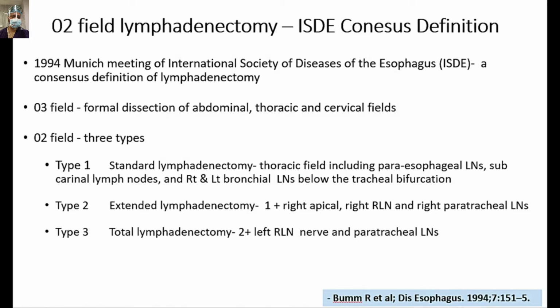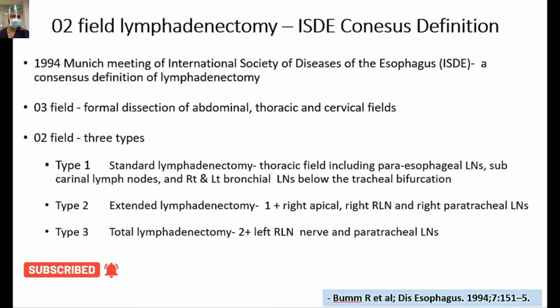The International Society of Diseases of the Esophagus, ISDE, at its 1994 Munich meeting gave the consensus definition of lymphadenectomy. In the ISDE definition, the three-field lymphadenectomy is a formal dissection of abdominal, thoracic, and cervical fields. Two-field is further divided into three types. Type 1 is standard lymphadenectomy plus thoracic field including paraesophageal lymph nodes, subcarinal lymph nodes, and right and left bronchial